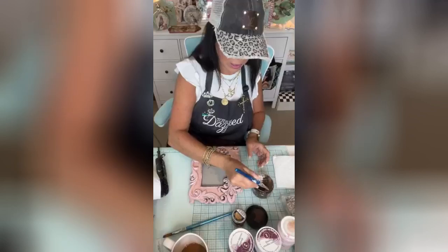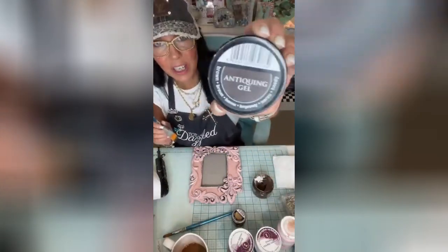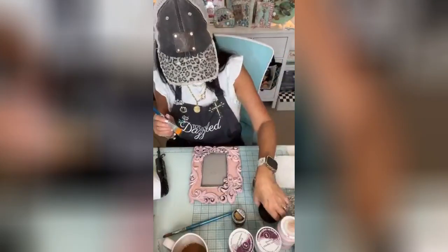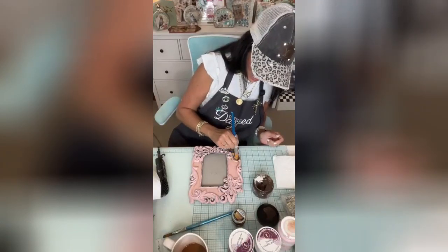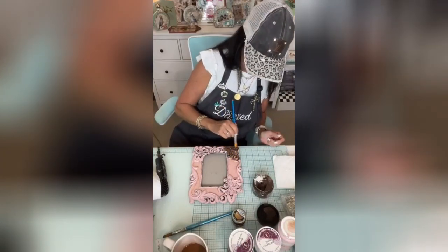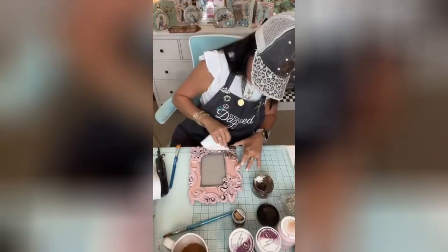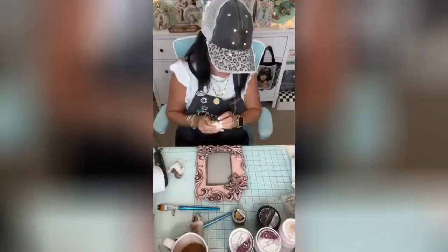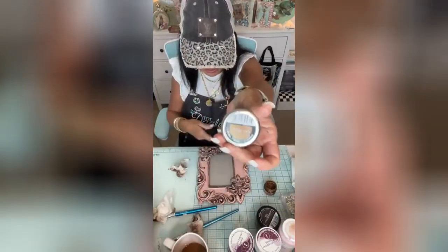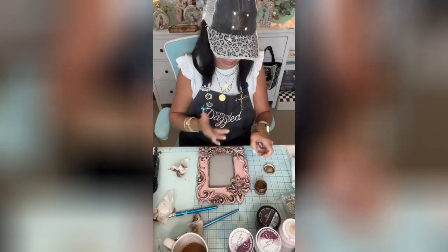All right, so now I'm gonna come in with the Pintar Antiquing Gel, I always wanna call it a glaze, and this is the brown. And we're going in. People are like, ah, no, stop. I promise. Rub and buff. It was Pintar Antique Paste. With this, I am gonna use my finger